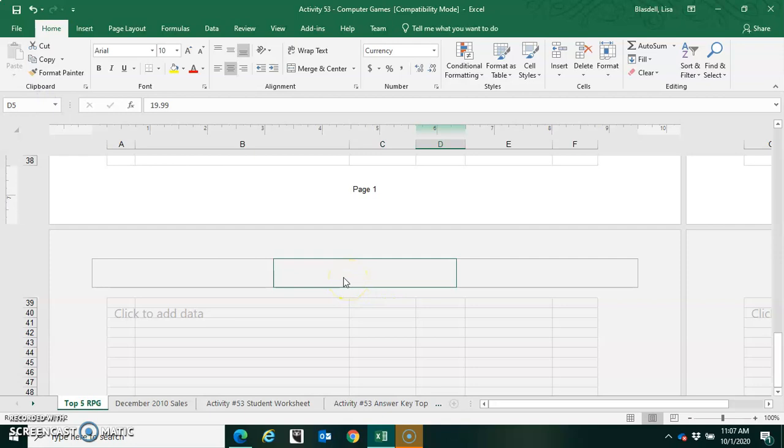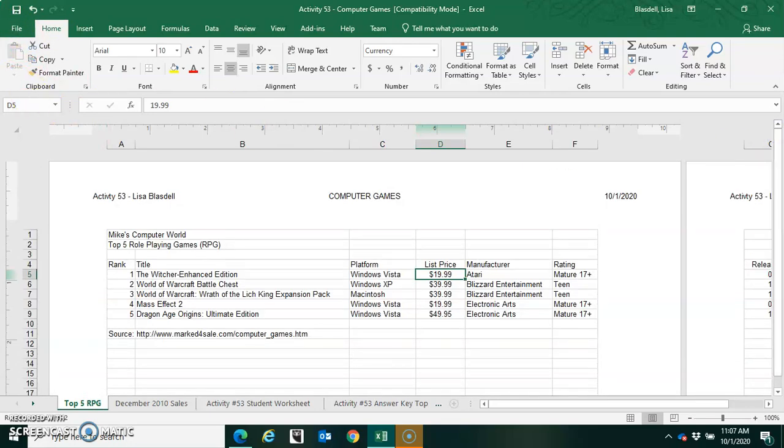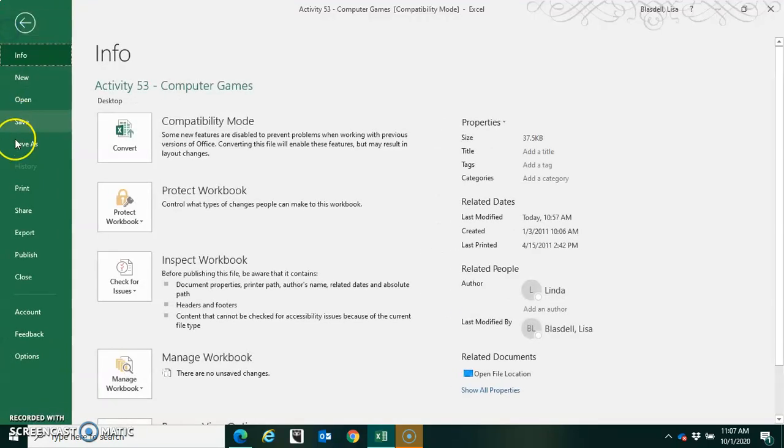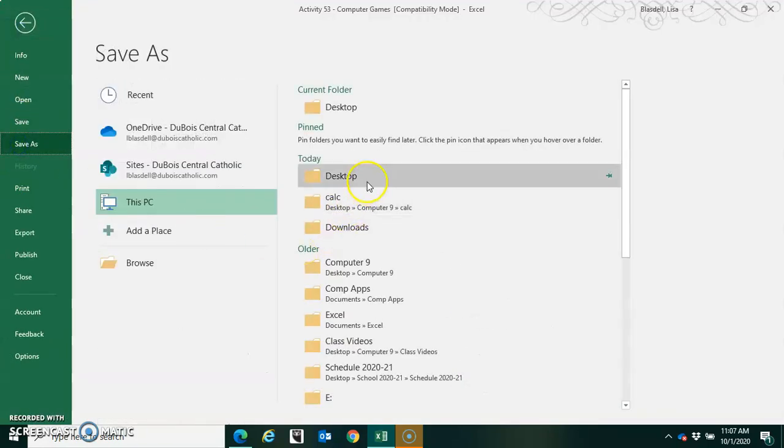All right, so from there, we just need to double check that everything looks good. And it looks good to me. So then we're going to go to File, Save As, and we